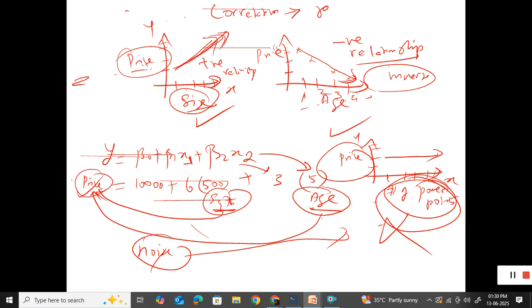Okay, so hence, before you include the independent variables in your linear regression equation, make sure that there is a correlation between the independent variable and the output variable, the dependent variable. In this case, the size and price are correlating well, and even the age is correlating well with my price. Hence, including the size and age in my linear regression equation makes sense.